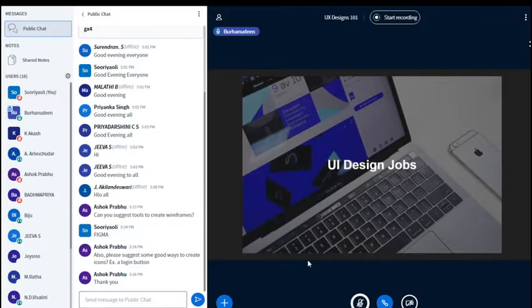So a UI UX designer, as you might simply call it, usually wears both hats, UI as well as UX designer. In large companies, yes, you will have different roles dedicated to UI and UX.